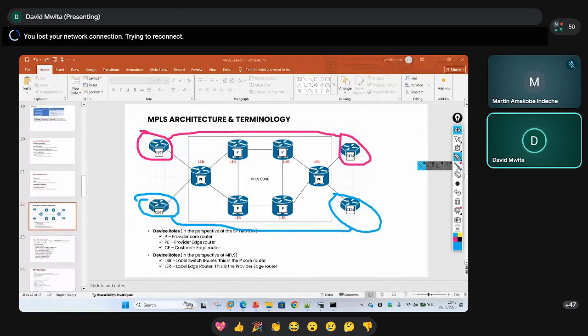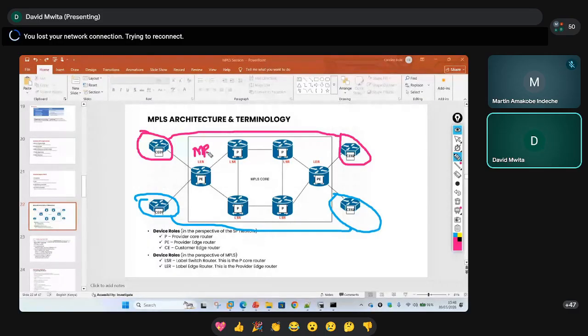Now, if you want to transport the routes for this customer to this customer, what will enable me to do that within the L3 VPN context again is I'll have to configure